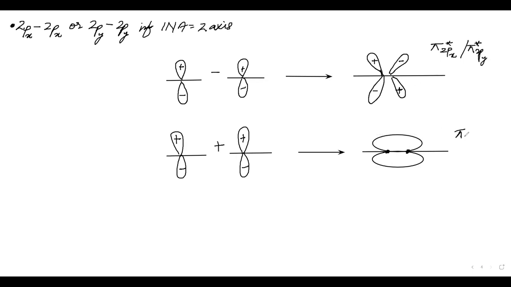This will be our pi 2px or pi 2py. This is plus, minus, minus. Now, this is the center. Let me show you the center in red. This is the center. Now I'm going upward. This is what? Positive phase. If I move the same amount in the opposite direction, what do I get? Negative phase. So I am getting two different things. That means this is unsymmetrical.